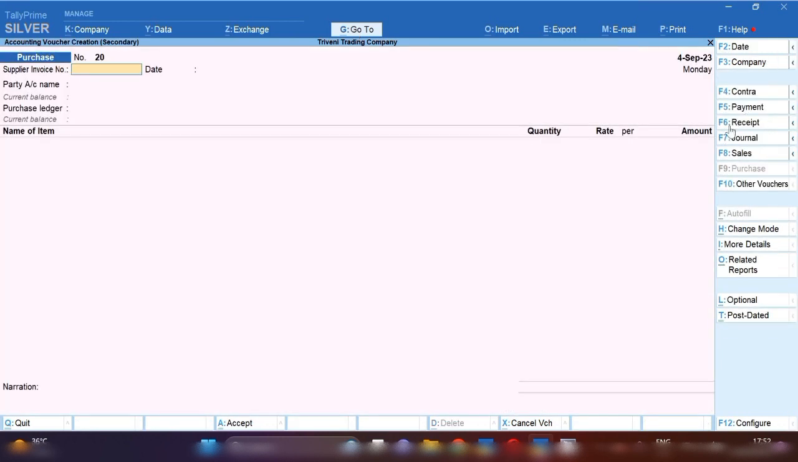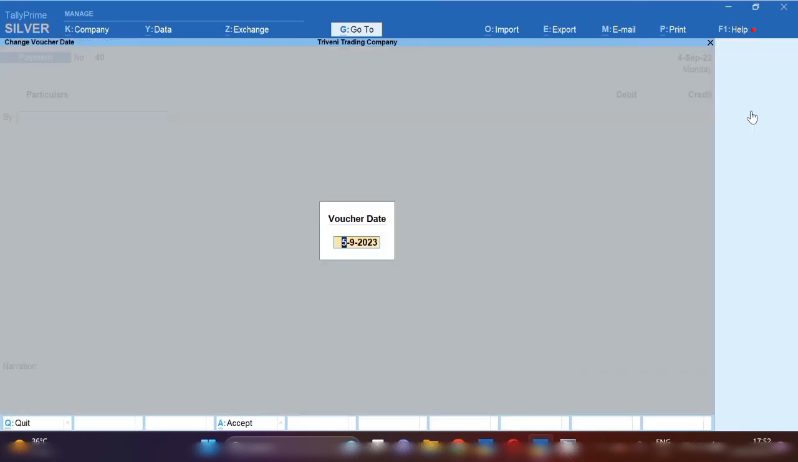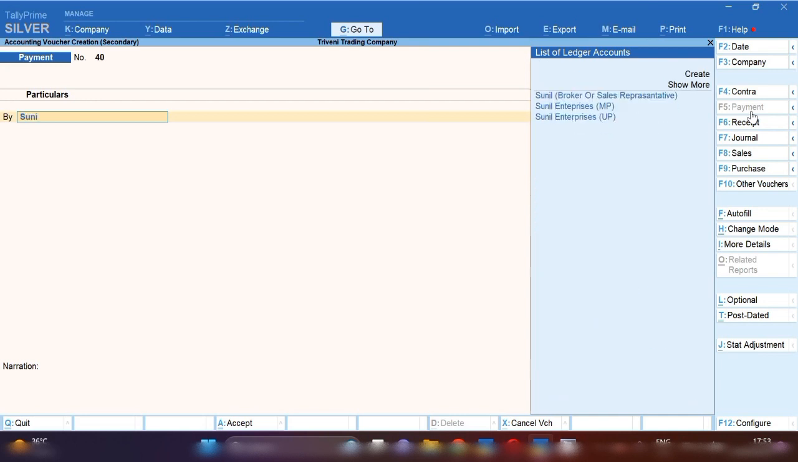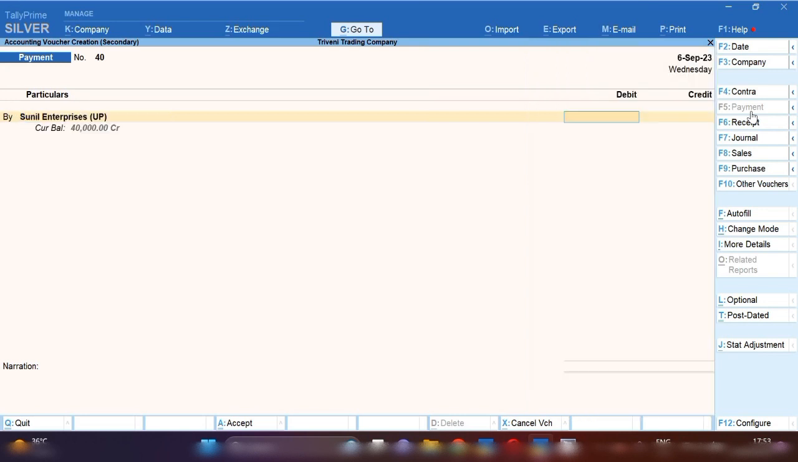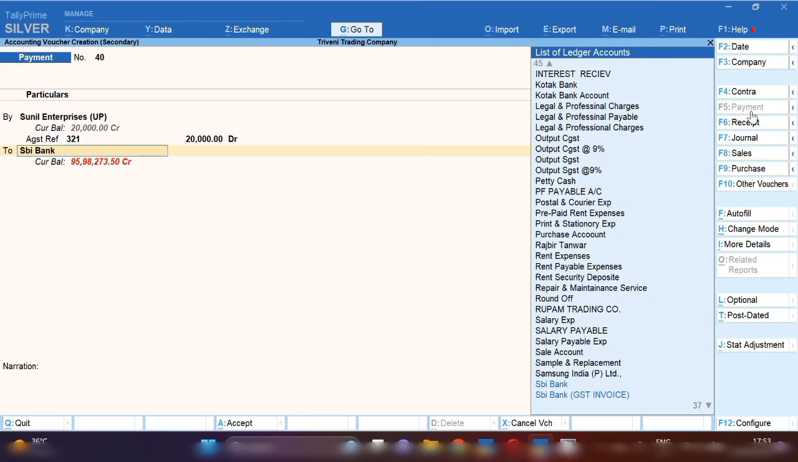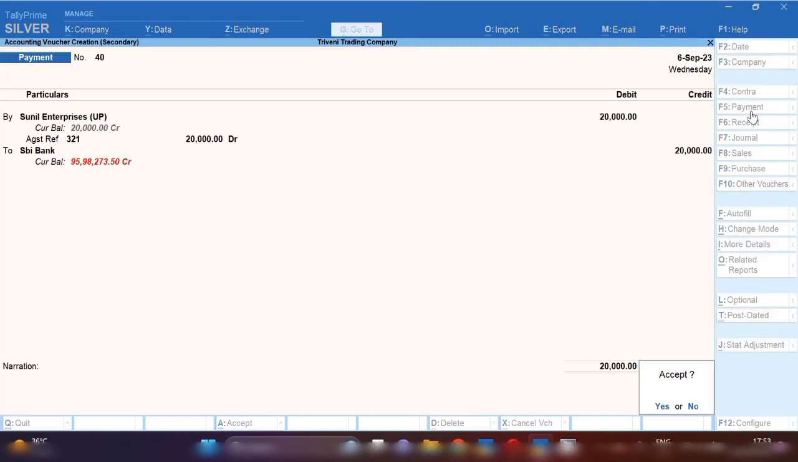From here we are going to make the payment. By pressing Ctrl+A, you can add a voucher and select the payment voucher, because we are going to make the payment. Change the date and select the party. Let's suppose you have to make the payment to the Sunil Enterprises MP party, but by mistake you made a payment of 20,000 to the Sunil Enterprises UP party from your bank,